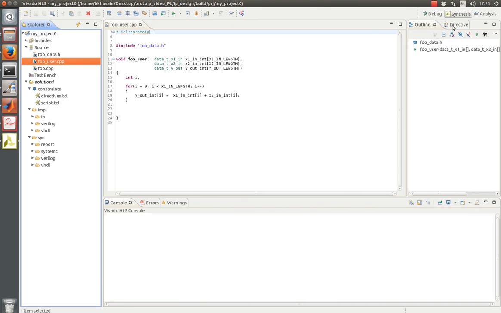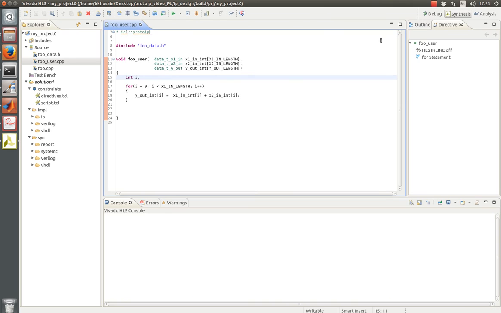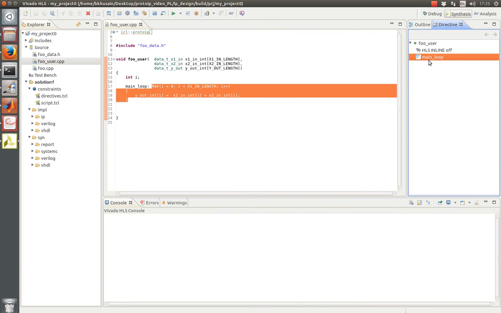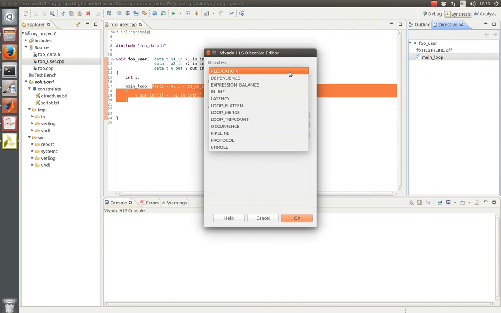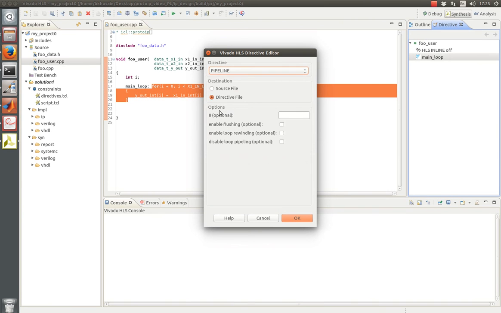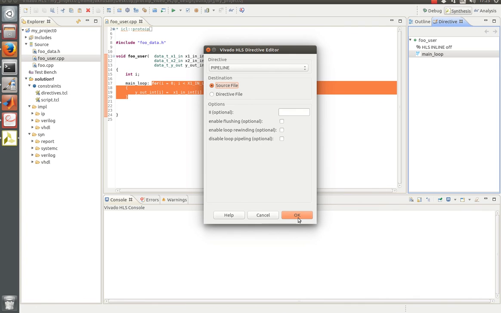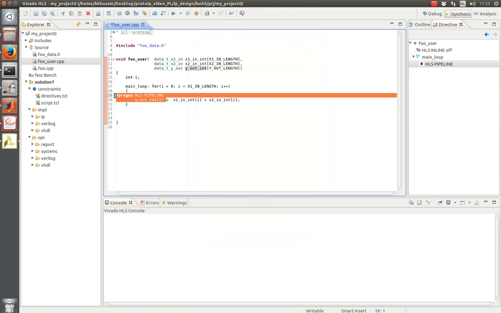And the most important thing is that this allows us to apply directives. So we have a for loop. If we put a label on it, let's say main loop, I save the file, and we can see this main loop on the right hand side, and we can insert directives. Let's say I want to pipeline this loop. I would add this directive to the source file. Okay, so I put this pragma. So low-level things like this can be implemented directly using the Vivado HLS project, and once